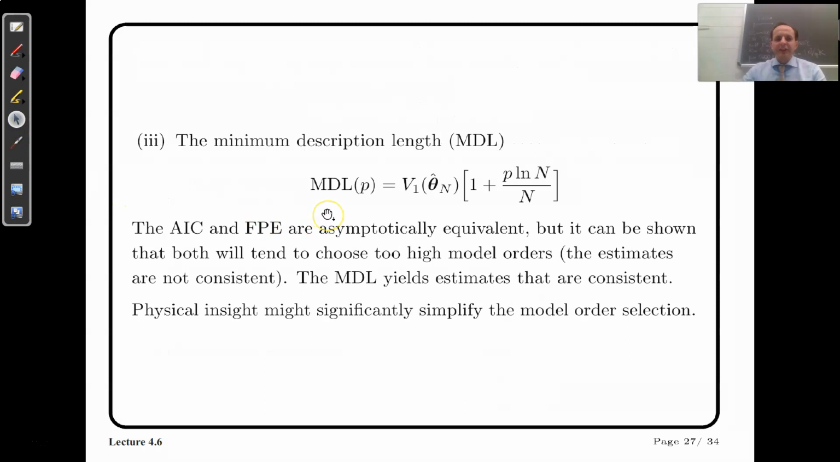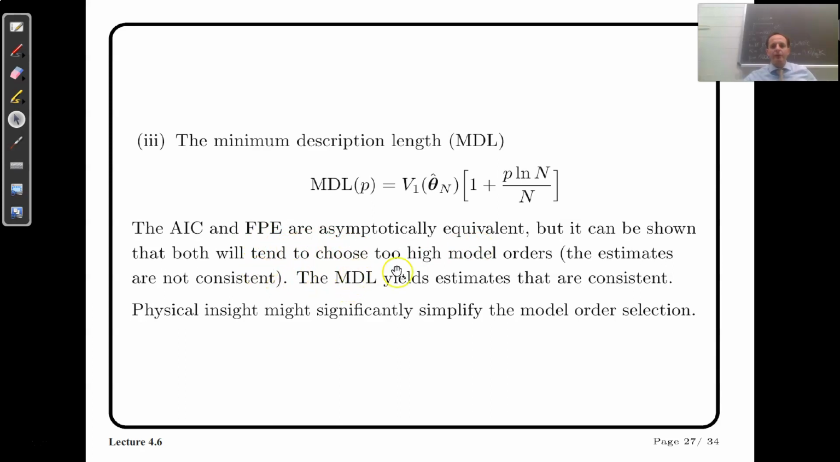There is another criterion which is called the minimum description length, where the number of parameters, instead of simply being divided by n, is multiplied by the logarithm of n. So the penalty function is a little bit different from the other two cases, and it can be shown that these two criteria, AIC and final prediction error, are asymptotically equivalent, but